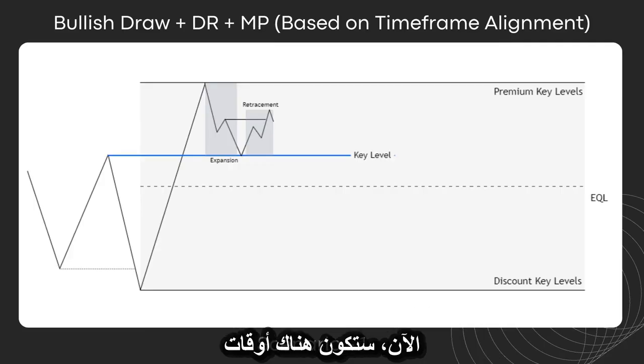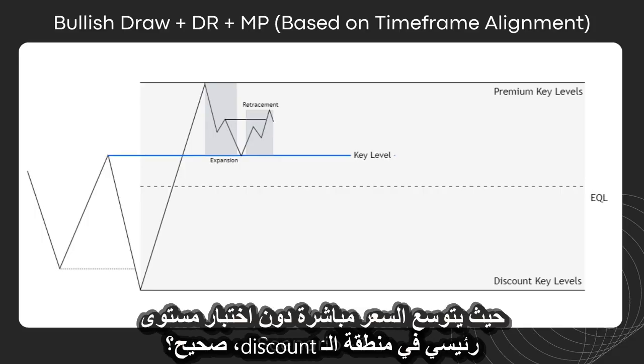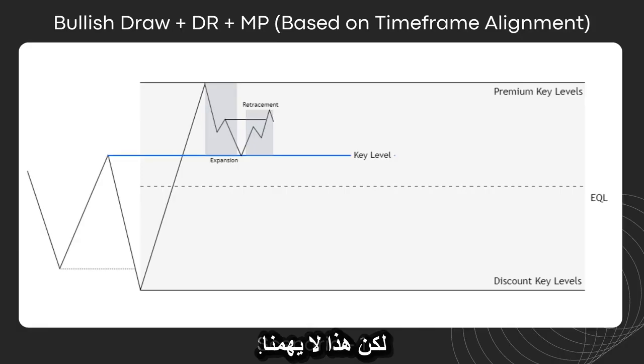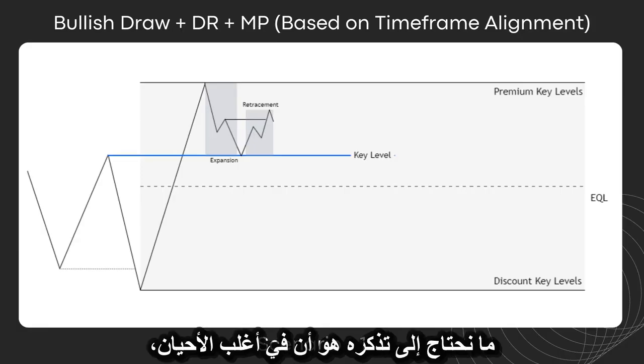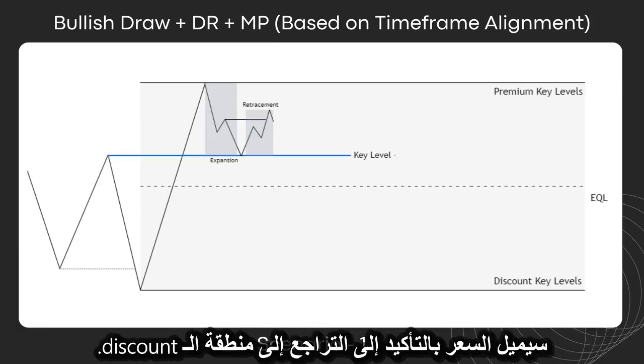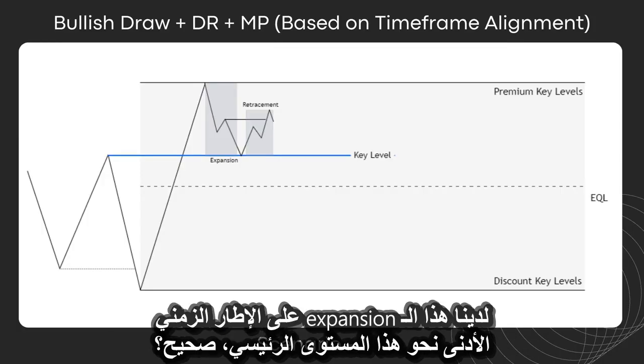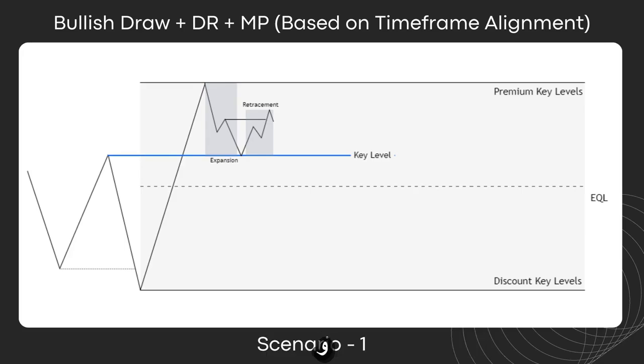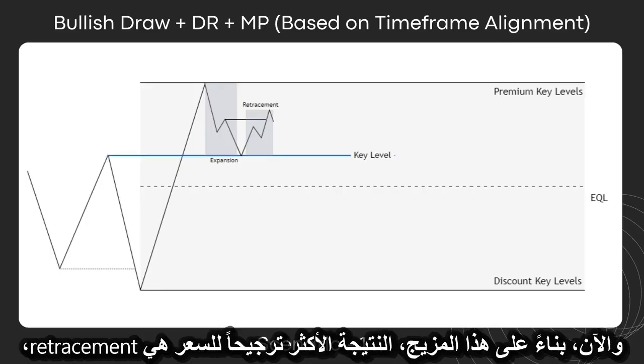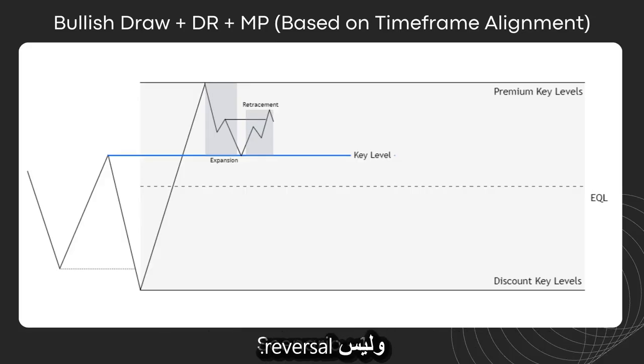Now there's going to be times where price expands straight away without testing a discount key level, right? But that's not a matter for us. What we need to remember is that more often than not, price will tend to definitely retrace to a discount, and that's what should matter to you. So let's see it again. We have this expansion on the lower time frame towards this key level, which is in the premium region. And now based on the combination of this, the most likely outcome for price is a retracement,